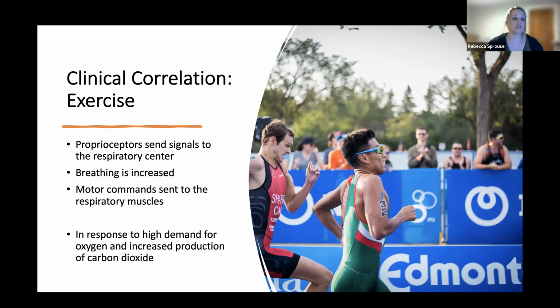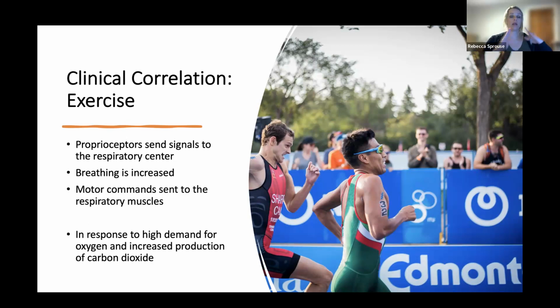And by doing that, it's telling your respiratory muscles to contract faster, more often. Why? Because our brainstem detected that our muscles are producing a lot of waste carbon dioxide because they're moving a lot and they need more oxygen to do their cellular requirements, to make ATP. Your brainstem,